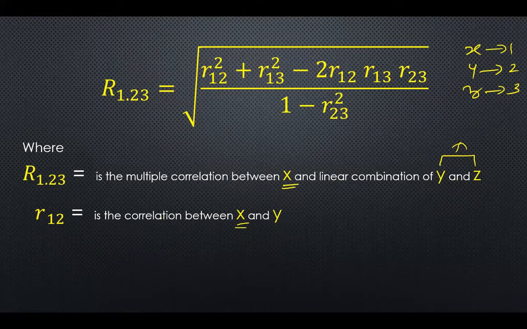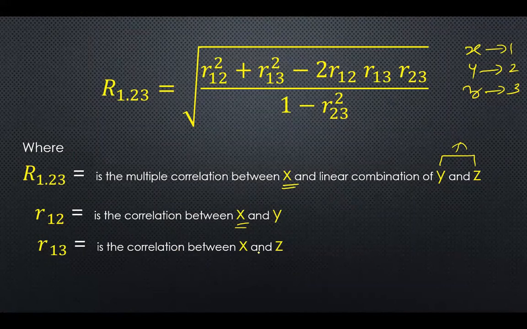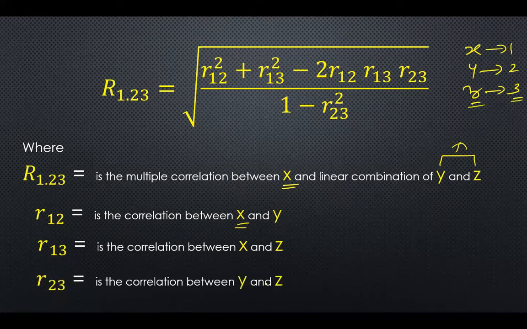You can find it out separately as a sum, or you can put one simple tabular column to find out all the values. Then what is the other one? R13 is the correlation between X and Z. Why is Z coming? Because Z is termed as 3 here. Then the next one is R23. It is between Y and Z. So all these three correlations, I'm going to find out and substitute in the formula. That's all, it is finished. Okay. So we'll be doing only one sum here so that we'll understand. So that sum we are doing in two methods.